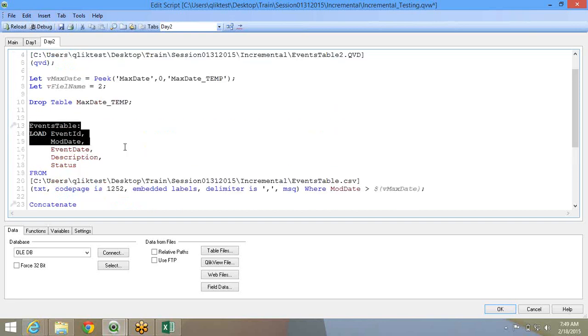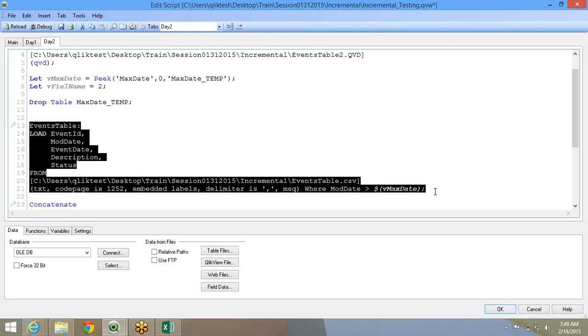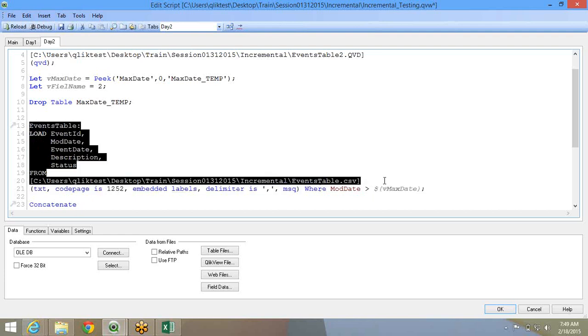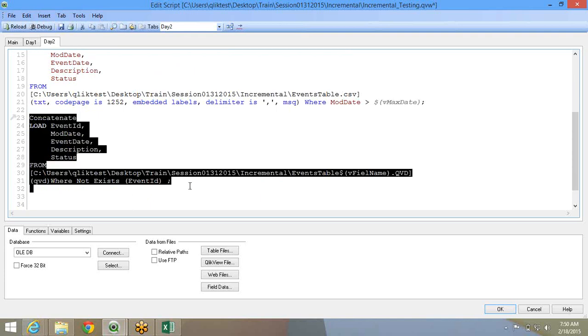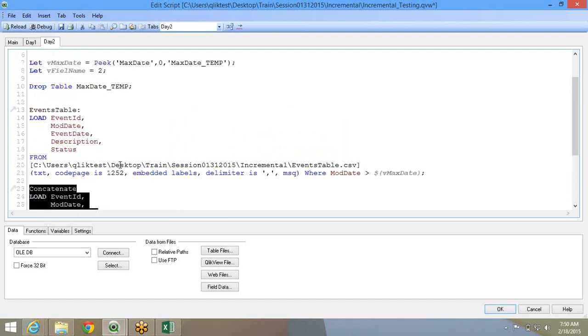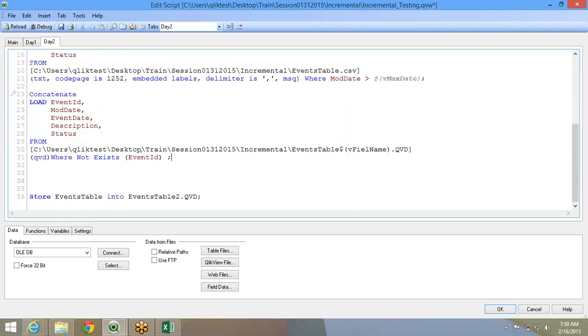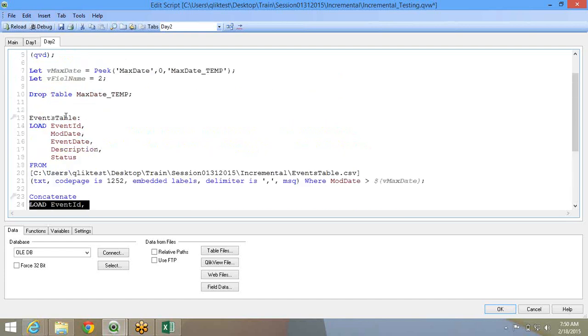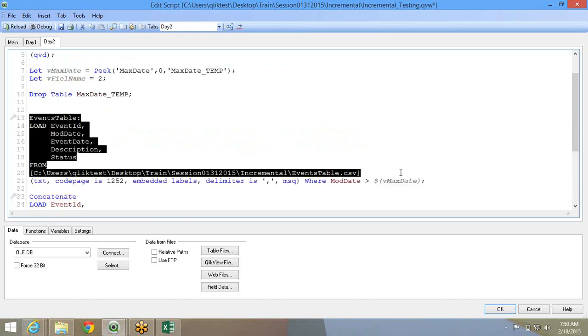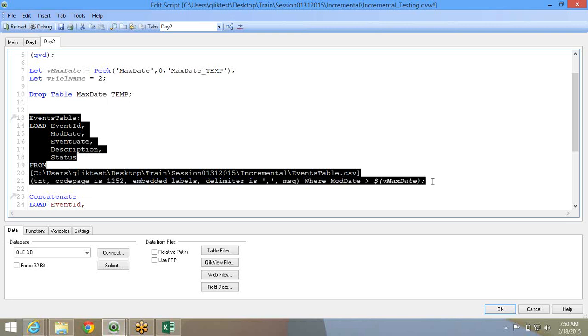So the first process is the same thing, events table. If there is any modified date, max of or anything, you find out and you load this. Now the challenge is when it is not deleted. So before loading this, you will have to make sure that you are dropping off all the deleted records. So you will have to load this events table, this file we are seeing, as the second file.